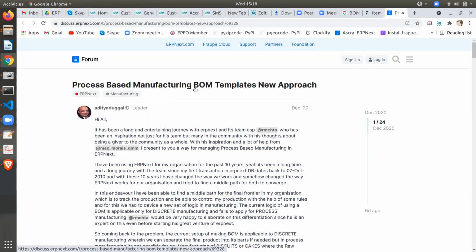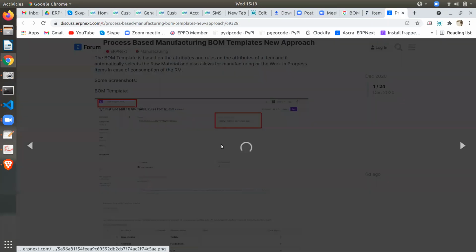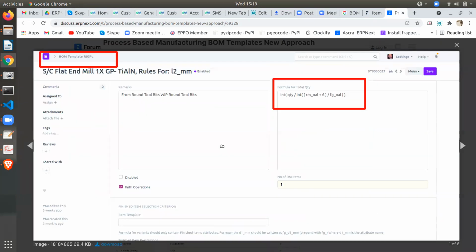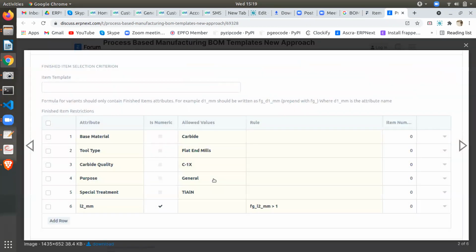I'll give some other better example for the bill of material template, because I need to make a template for that. Then I have to explain that, so then only it will be clear for you. Because as they mentioned here, they have used some calculation, dollar formula, all things they are using. It is pretty complex. I'll set this up and we'll get back to you.